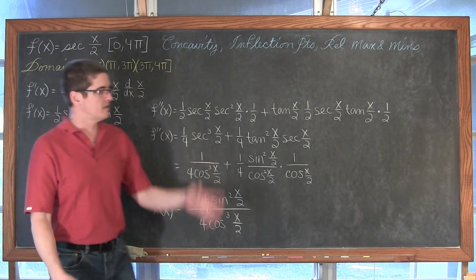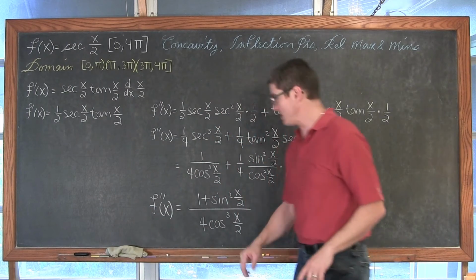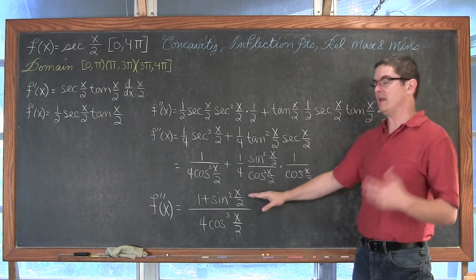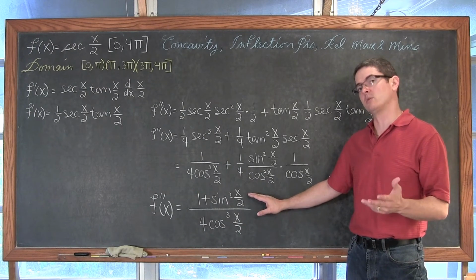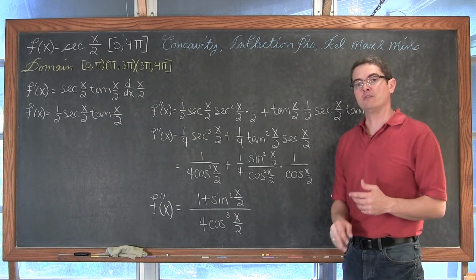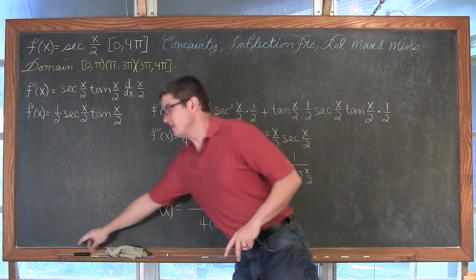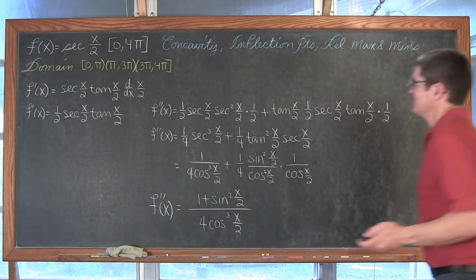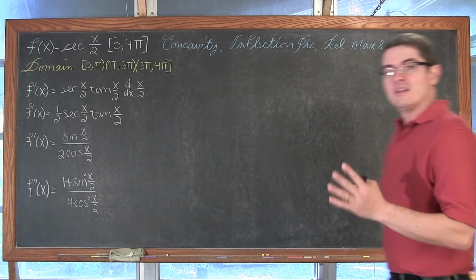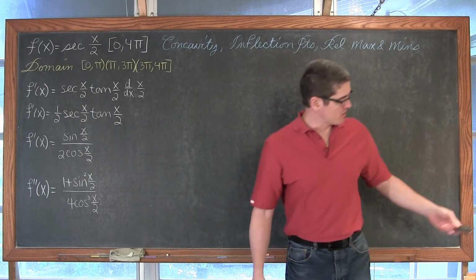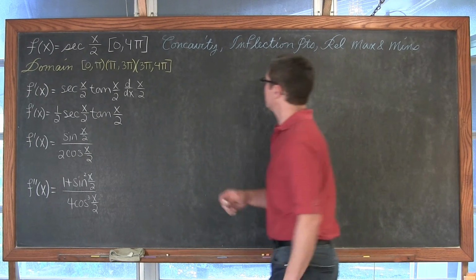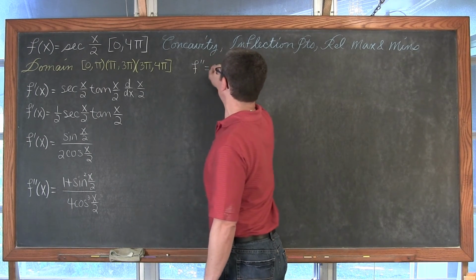So I'm going to erase all this, get the first and second derivative listed over here. And in this rational form, as opposed to leaving secant and tangent, it'll be easier to find out where the second derivative is equal to 0 and where it's undefined, the two conditions we need to check for finding our critical values. Okay, so let's find those critical values to find the intervals at which we're going to test for concavity. So second derivative, where is the second derivative equal to 0?